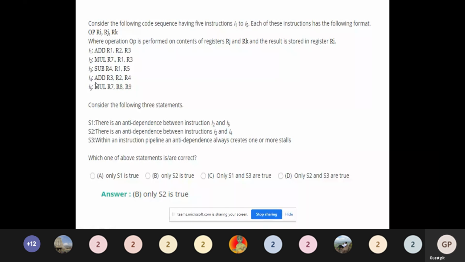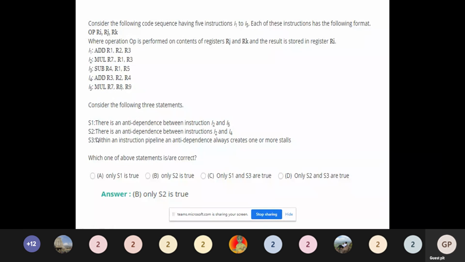Mul R7, R8, R9: multiplication of R8 and R9, and the result will be stored in R7. So there are dependencies here, right? Again we are getting R7 here, and again R3 here. We'll check what it is. Consider the following three statements. First statement: there is an anti-dependence between instructions I2 and I5.